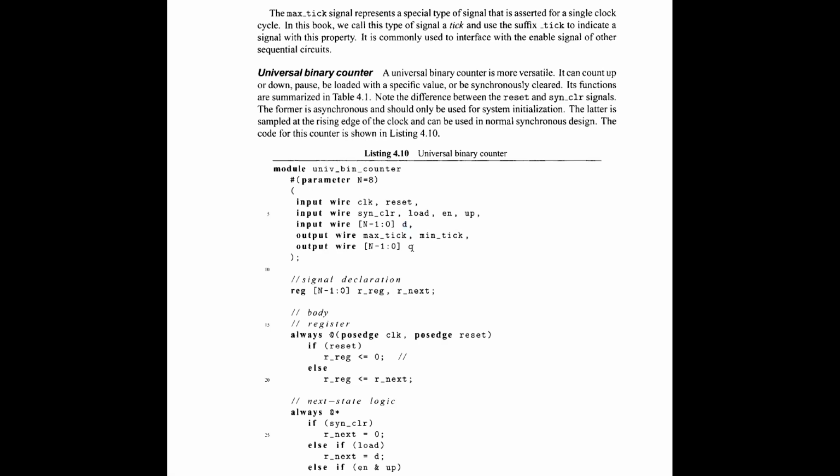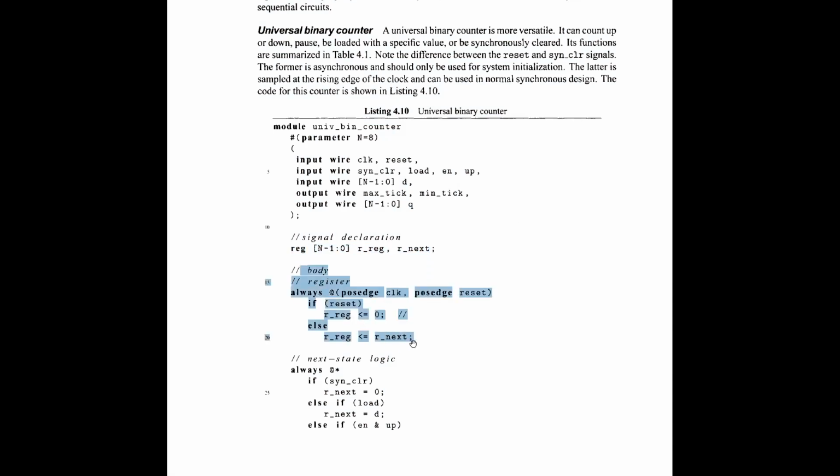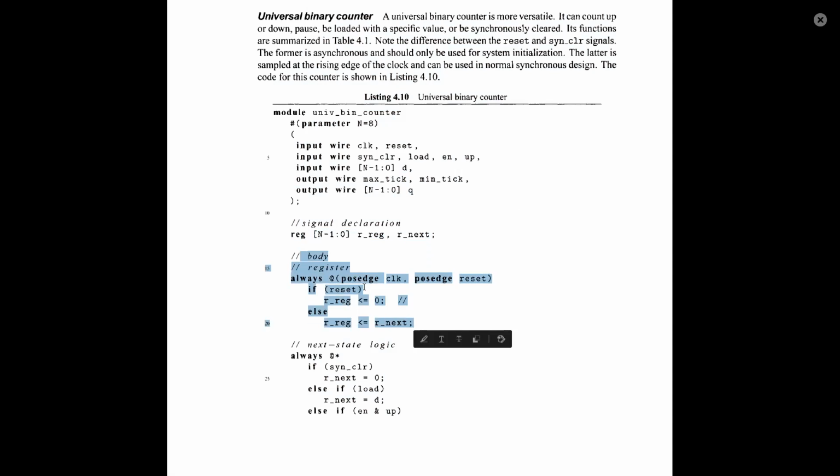And then there is a Q signal. Okay, so simple. And then there is a register signal, right? R reg for the register and R next. And this is the current state logic. It's absolutely the same part as we designed in the previous logic, so no change in any line. And then there is the next state logic. So basically there are multiple functions. That's why we needed to use a case statement or if else. We are not using a case statement here, but we are using if else conditions.